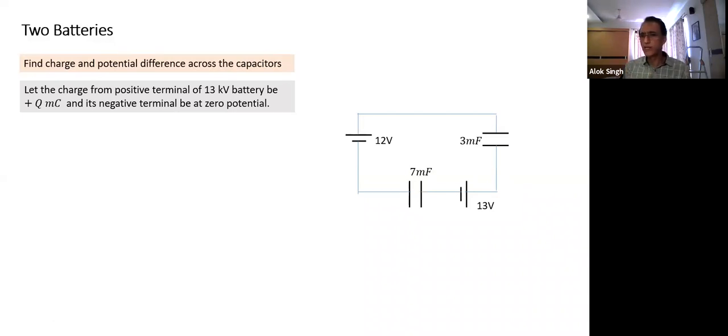I think the better definition is, when the battery is connected, it is not supplying net charge. It is only transferring charge. So what does the battery do? It will transfer charge equal to Q. So when it transfers from here, this plate will end up having charge minus Q, and this will have charge plus Q. Okay. And the second assumption you're making, let the charge from the positive side to the battery be plus Q.